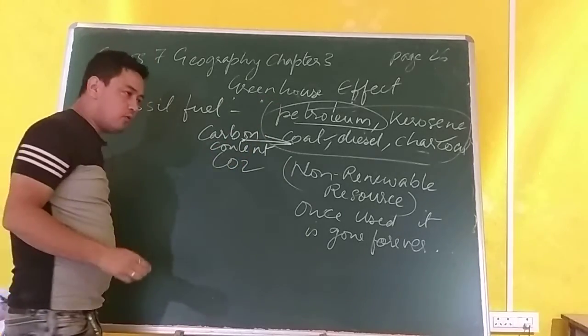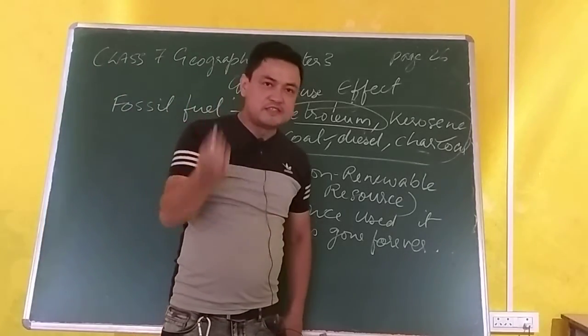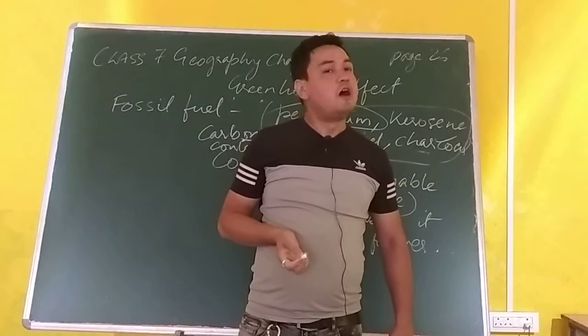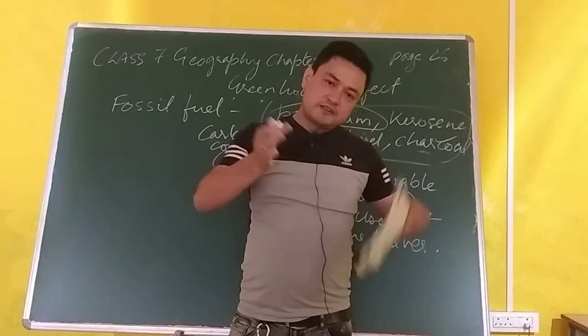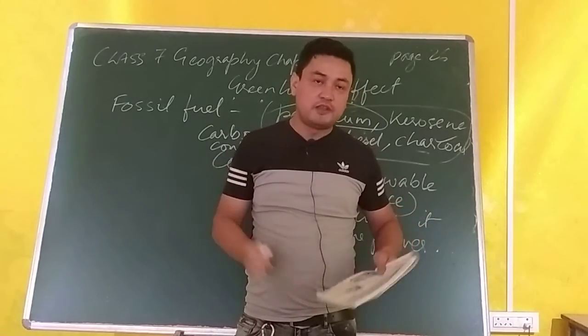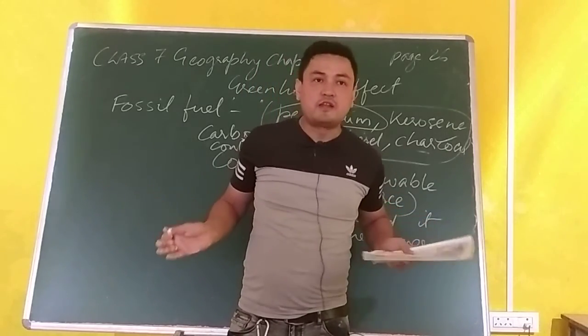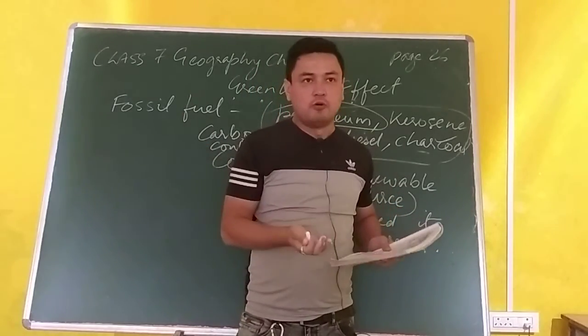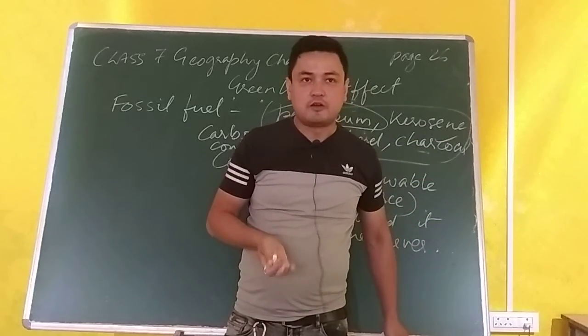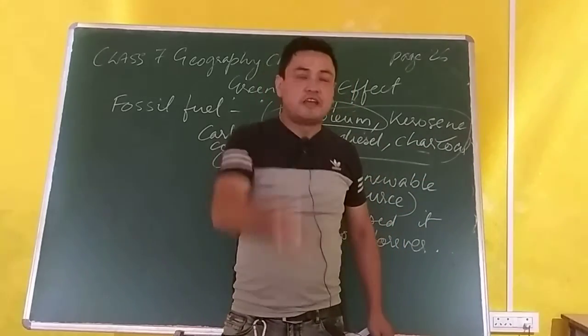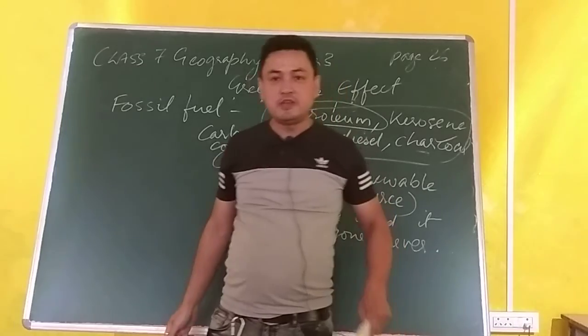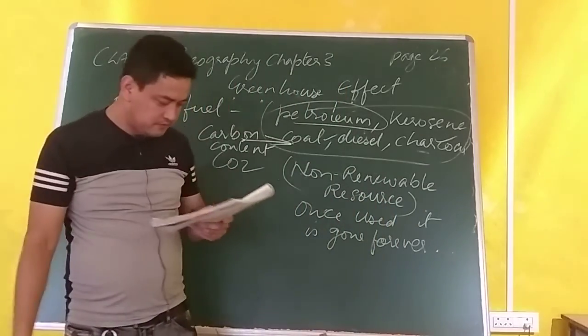So there are 4 types of coal: bituminous coal, lignite coal, peat. Are you getting my point? So there are different types of coal, that is found in the wood. There are 4 types of coal, and each coal has different carbon content. And if you burn that coal, it produces carbon dioxide. What is the percentage of carbon content? That decides the carbon dioxide level from the coal.